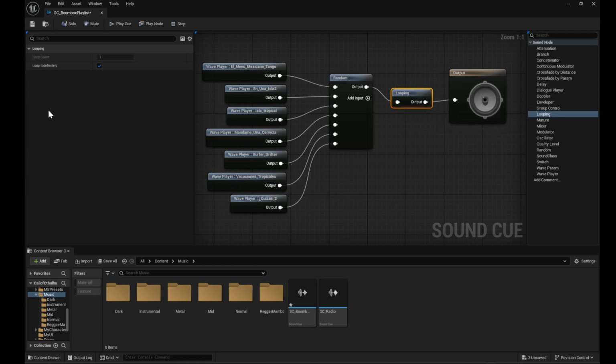And in looping, I'm going to loop indefinitely. I mean, that's why we're going to put the on-off button on the radio so the player can stop the music if they're going crazy. Or you can put in how many times you